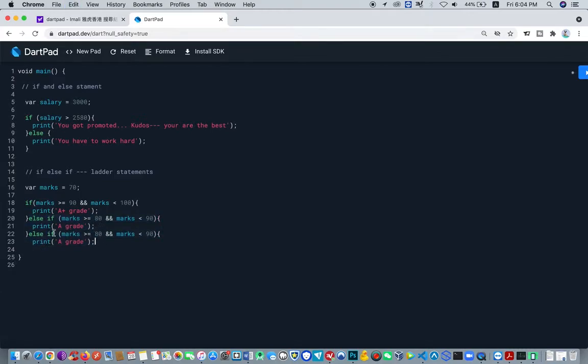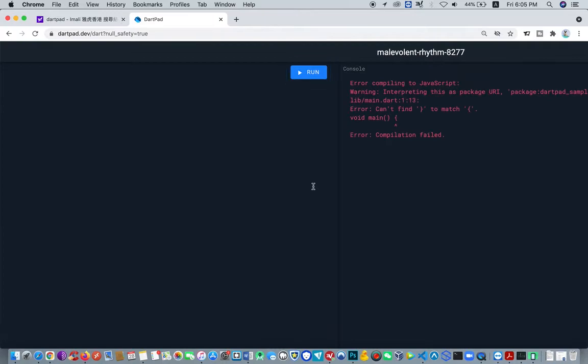For example, this should be 70, in between 70 to 80, and then we give the person which grade, probably B grade. Okay, B grade here, like this,